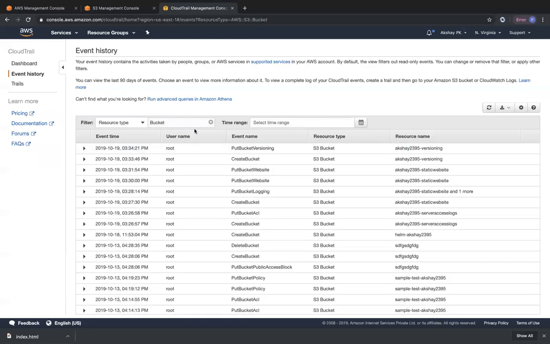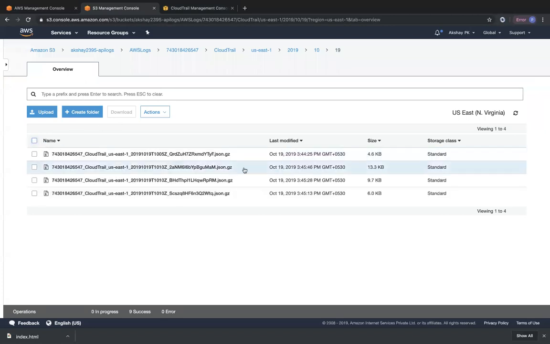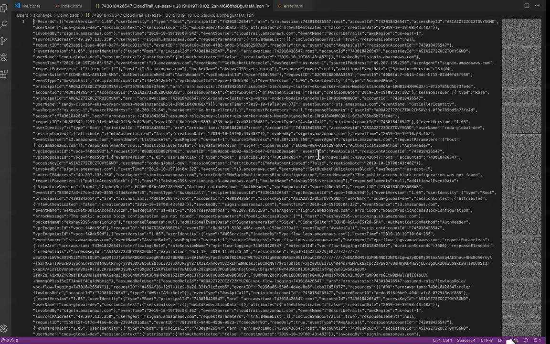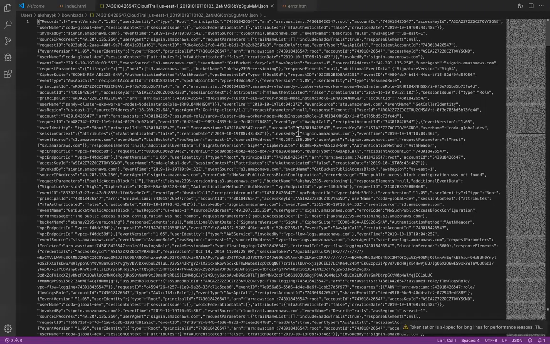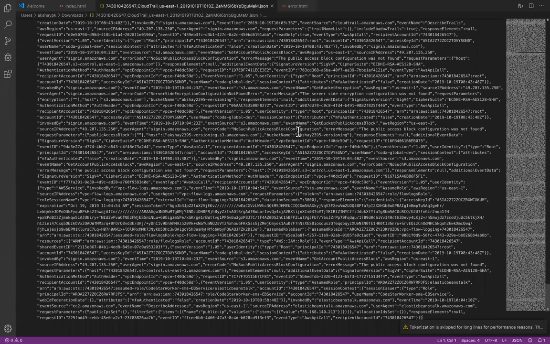It's still under 3:31. On the bucket level, it's okay. Let's look at something else, or probably we'll just download these files. Click on the one that was generated recently. With the 3:45 timestamp, we have 3 files. Let's get this particular file. Click on download. Let's open this file. You can see so much data has been generated, right? We will not be able to look at all of this data until we paste it in a JSON validator.